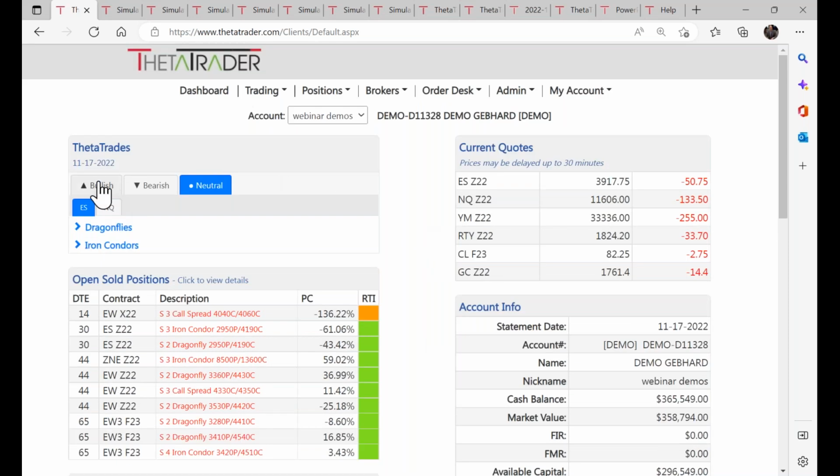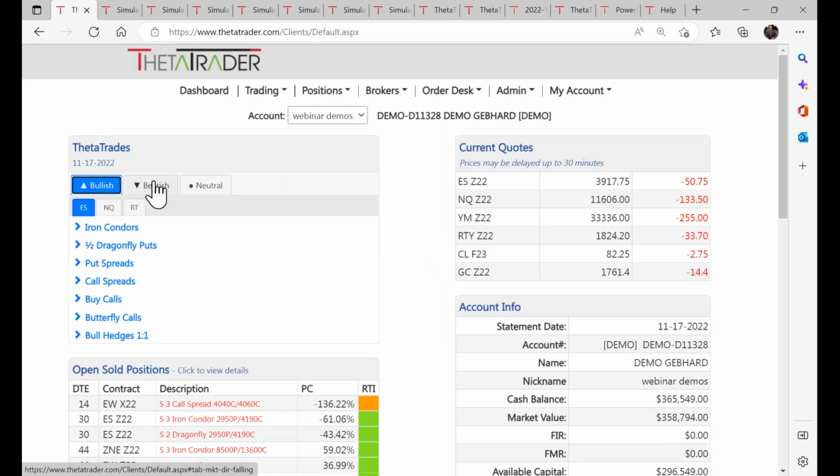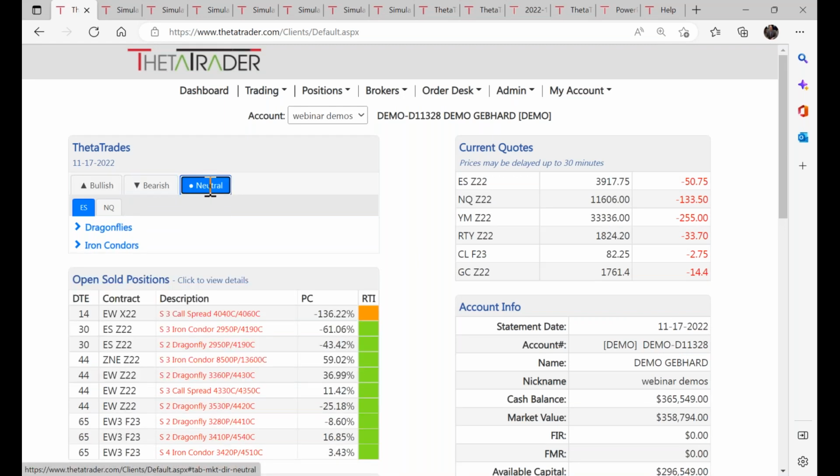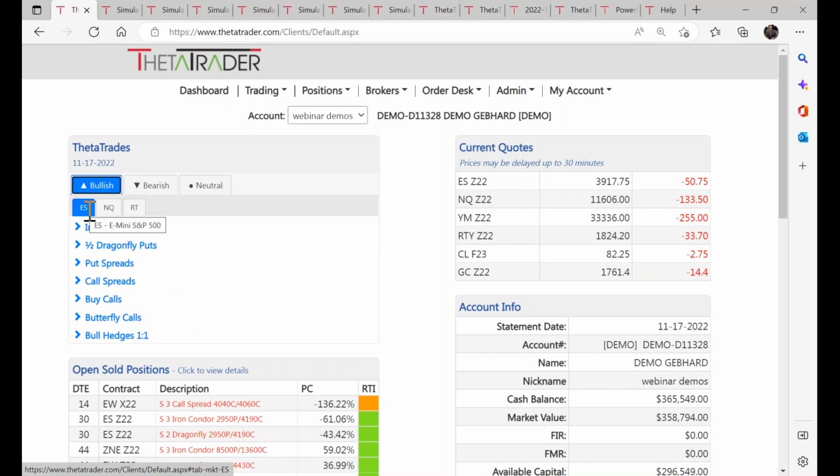And let me start here. You see bullish, you see bearish strategies, pre-populated or non-directional. And you'll notice here that there are 3 market tabs, or these 3 symbols: the E-mini S&P 500, NASDAQ 100, and Russell 2000. And these are the markets we focus on. And I'll tell you why in just a moment, but just know that this is really where all the activity is in these markets, in particular the E-mini S&P 500.